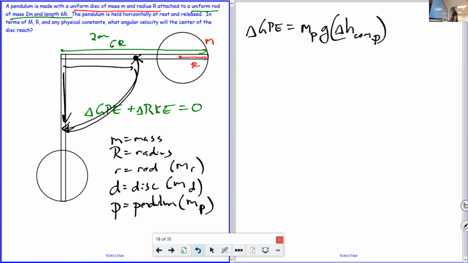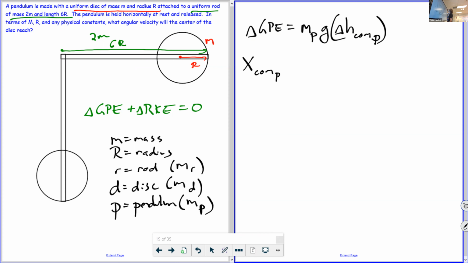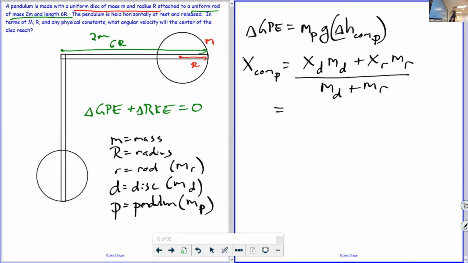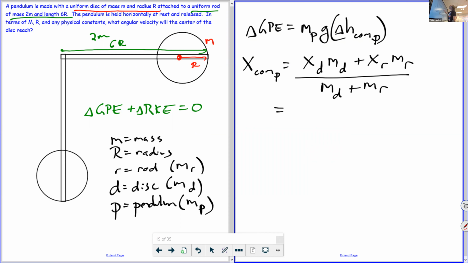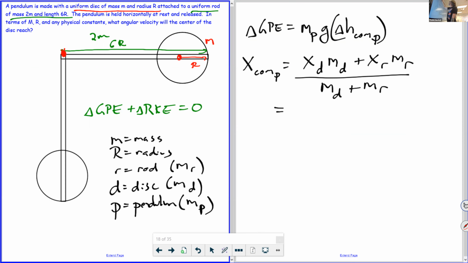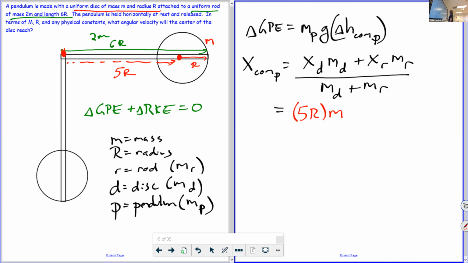Okay, so let me clear up my board so it doesn't get too scribbly before I get ahead of myself. So the position of the center of mass of the pendulum is equal to the position of the disk times the mass of the disk plus the position of the rod times the mass of the rod, over the mass of the disk plus the mass of the rod. So position of the disk. Well, I got to find the center of mass of the position of the disk, right? So it makes sense that we want to call this a position of 0. So if the whole rod is 6r, then this must be 5r, right? So I'm going to go 5r times the mass of the disk, which is m, plus